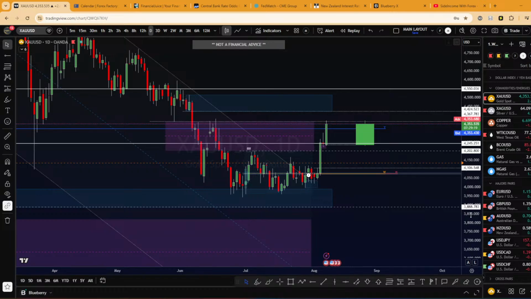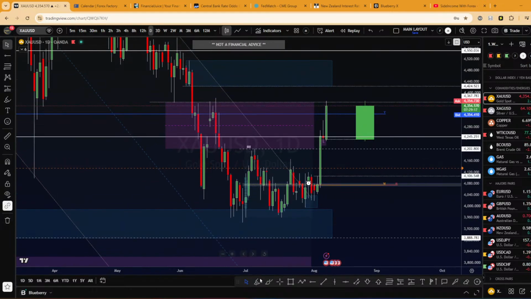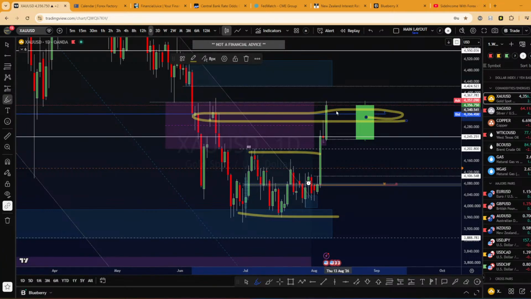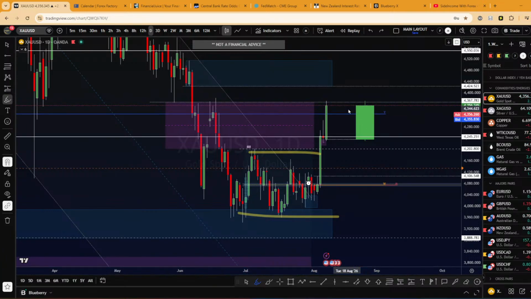Yeah, we pretty much broke this range right there. So I wanted to see some retest before engaging again. My target of the week was the yearly open, this blue line. We already reached this target, so for me it's not interesting anymore this week, because every week I have a target. So if I reach this target, I have a rule: I will not get in the trade anymore. I will wait for the next week, for example.